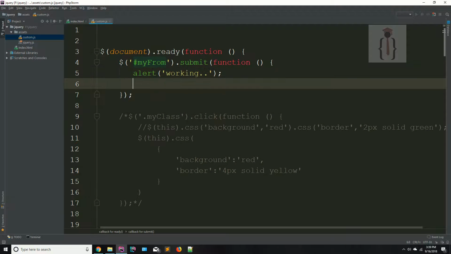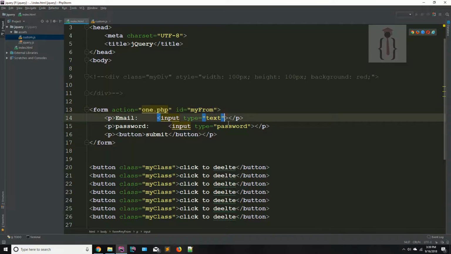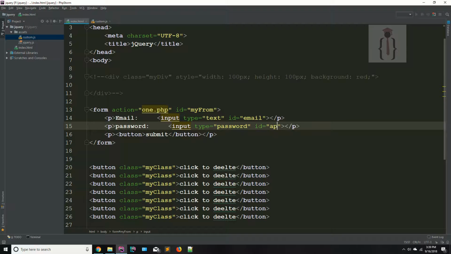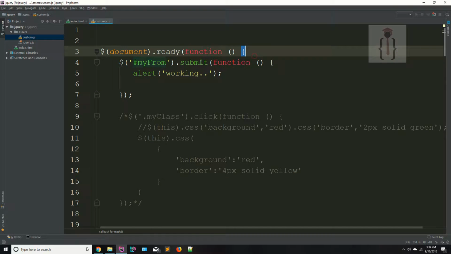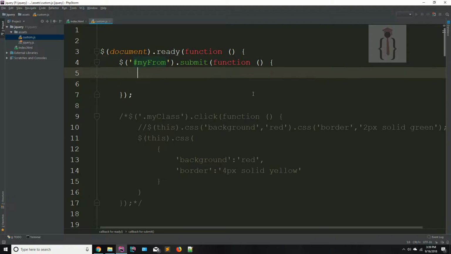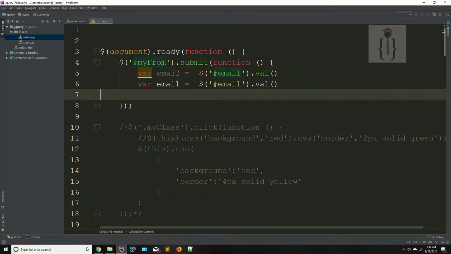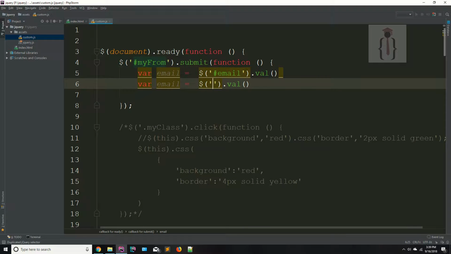So don't worry about this. If you are not familiar with it, we will discuss how you can get the inputs and how you can get the values. I'm saying this is the email, make sure this is the class, oh sorry, email ID, and this is the ID, which is the password. I'm just showing you how the submit selector works or how the submit method works. Okay, so now I'm saying email, I'm assigning the value, I'm saying email dot val. If you are not familiar with val, just ignore this, we will discuss it in later lectures, but for now it's email. I'm saying this is the password,